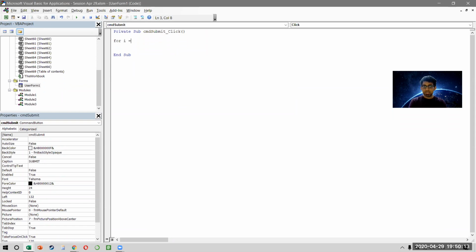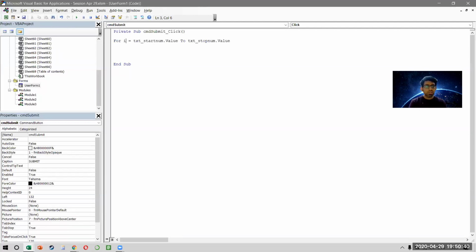For I is equal to, think about it, start number to end number. But my start number is txt_startNum.value to txt_stopNum.value.